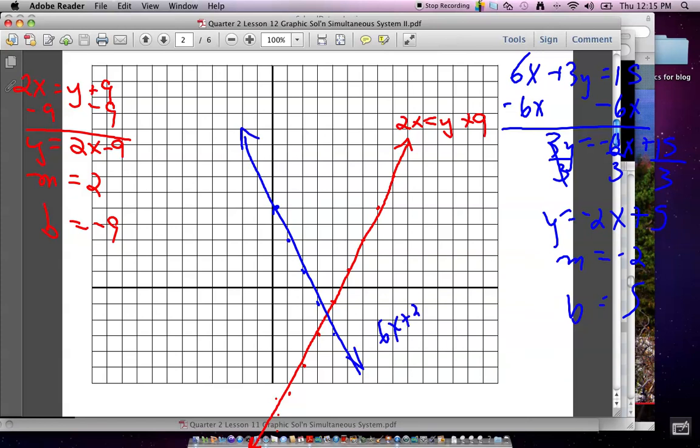I never like it when we cross in the middle there, but we've got to do what we've got to do. 6x plus 3y equals 15. So it looks to me, and I'm going to be right here because everything is 2's and halves, this is going to be the point 3.5, -1.5, which occasionally does happen, but not usually.